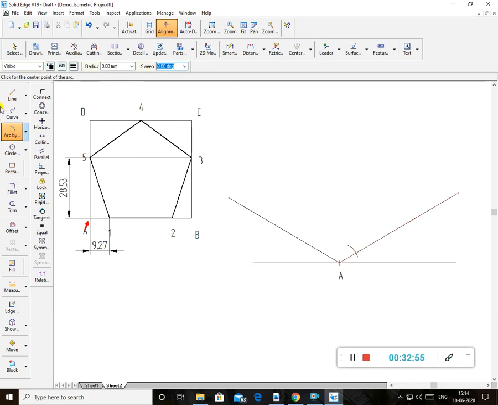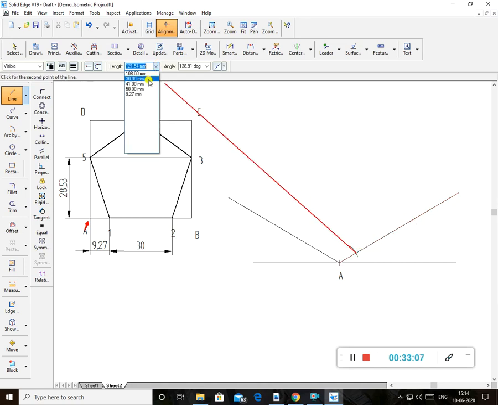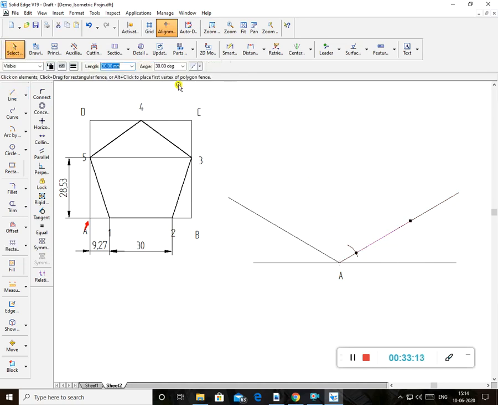From here to here I know it is 30, so from this intersection point I'll draw a 30 mm line. This 30 mm line I'll make dark.